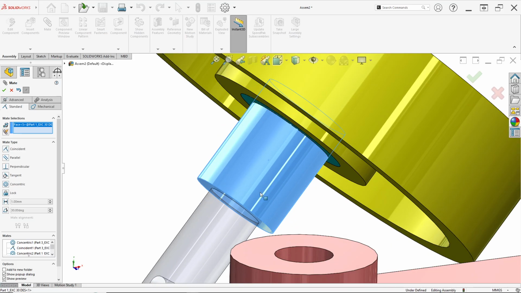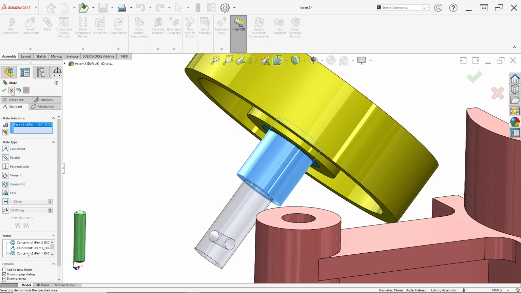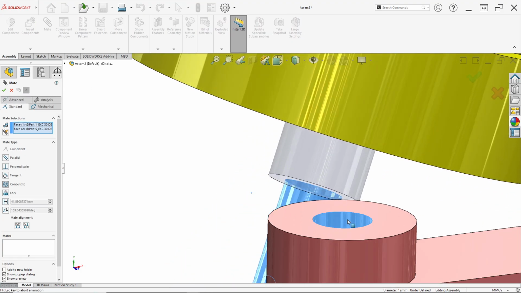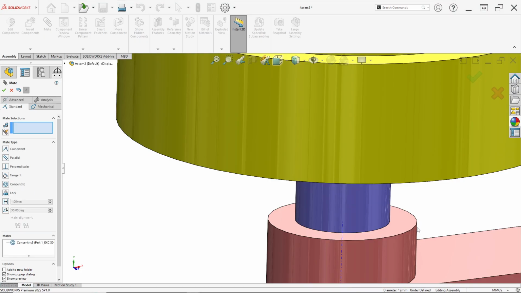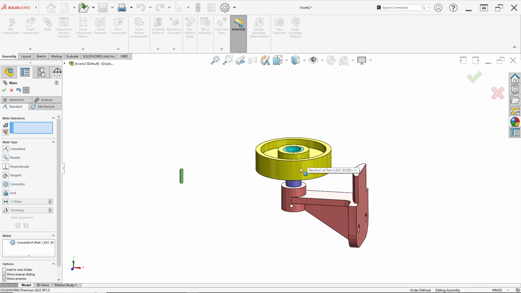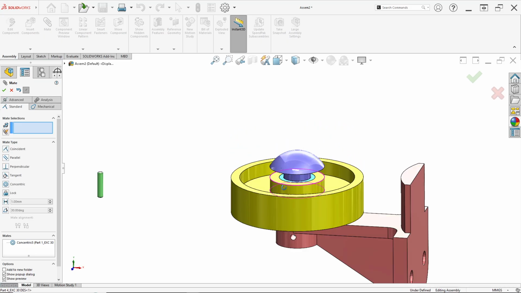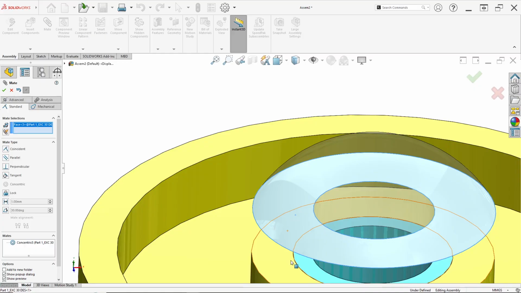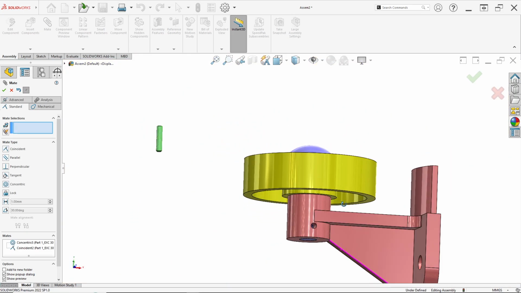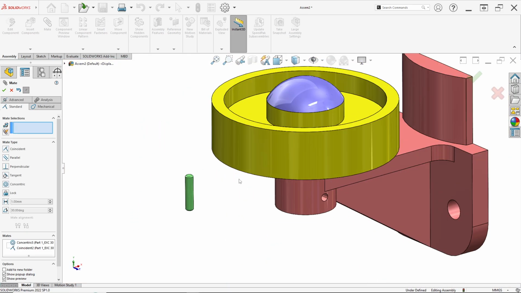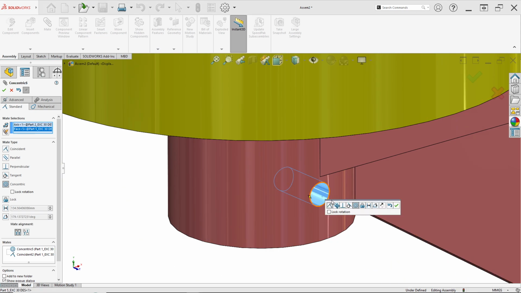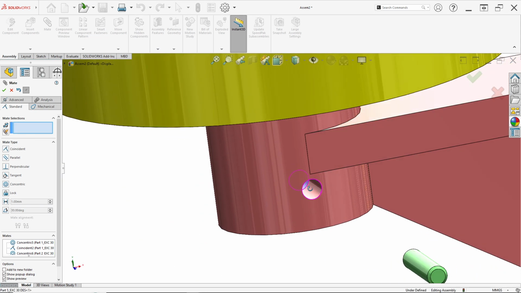And this, sorry, in here, click mate again, this face to this face, make concentric and just click OK. Click this face and select this face, click make coincident, click OK. Like this. Now we can click on this face to this face, make concentric and just click OK.